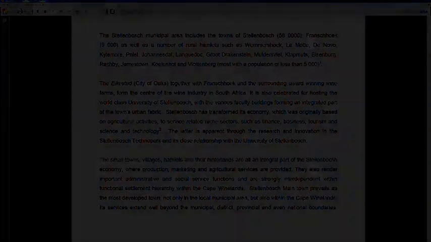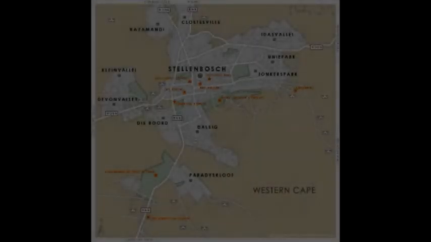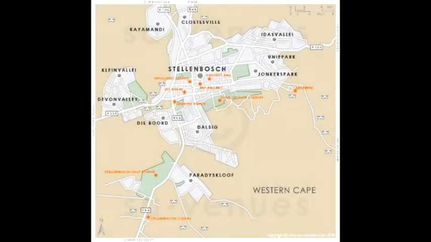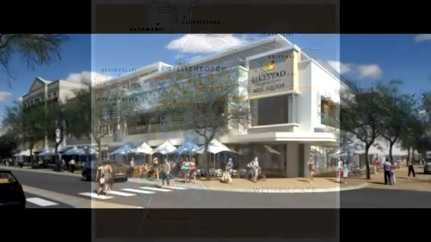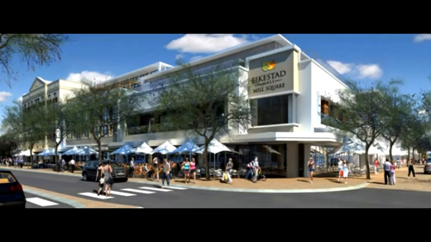Okay, so here it describes that the small towns and little villages all around Stellenbosch all form an integral part of the buzzing economic value of Stellenbosch. They talk about them also rendering important administrative and social service functions and being strongly independent within the functional settlement hierarchy within the Cape Winelands. And then it goes on to say what a great town Stellenbosch is, how developed it is, and it is. But what I'm getting from this document is that